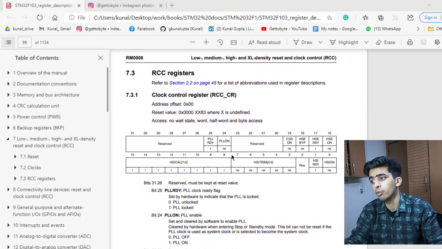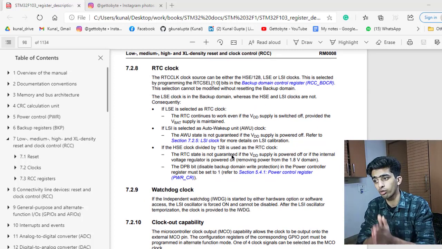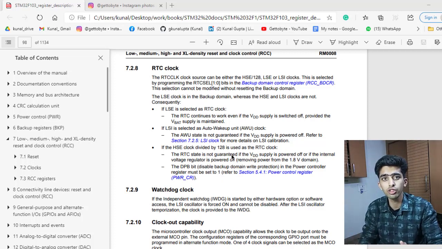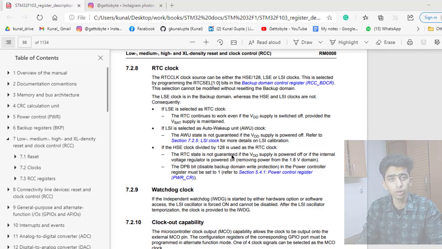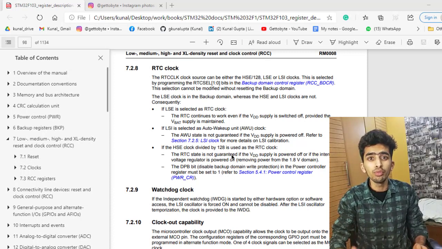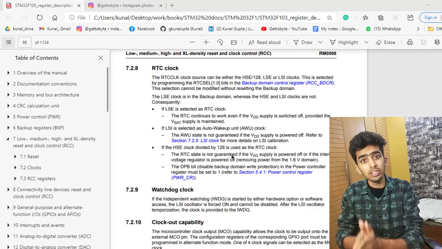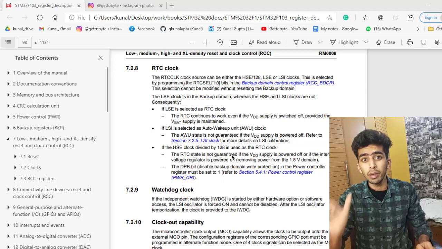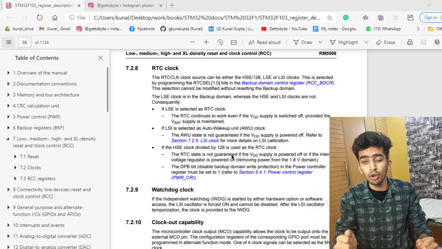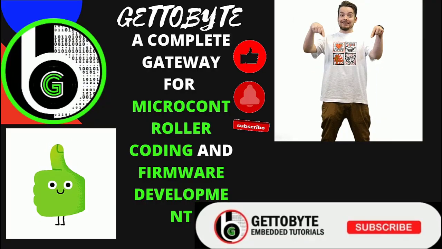In the next video, you must have got the basic overview of the clock features, configuration, and what all things are there in the RCC peripheral of our STM32 F103 microcontrollers. In the next video, we will implement the things which we have discussed in this video. We will write the code for the RCC peripheral for configuring our clock, PLL, and run the system clock by using the RCC peripheral registers, and run the GPIO peripheral by providing it the system clock signals from the system clock in its subsequent video. So that's it for now.